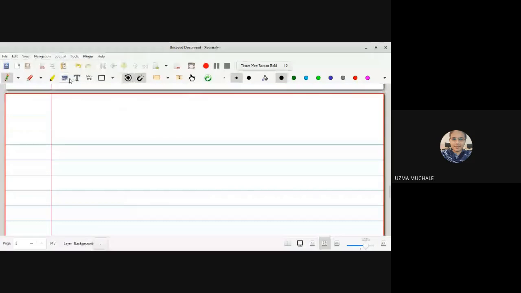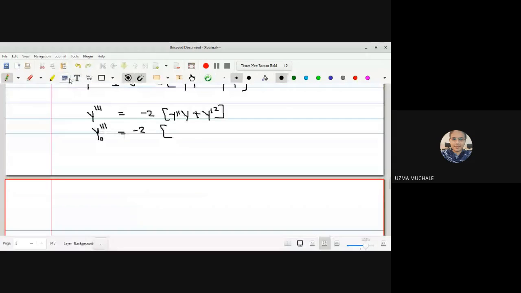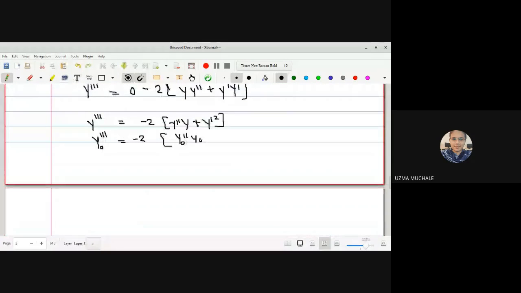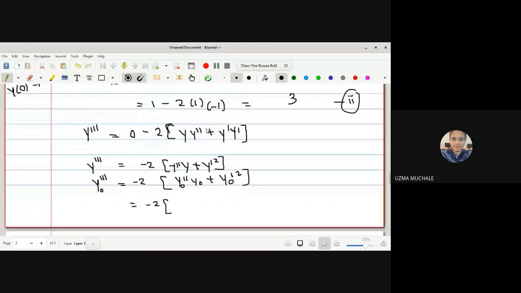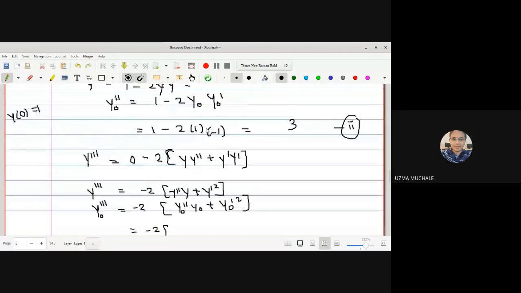Okay, so I can write this as y naught double dash y naught plus y naught dash square, which is equal to minus 2 times y naught double dash. What is the value of y naught double dash? It is 3. Right, here from equation 2 we can say y naught double dash is 3